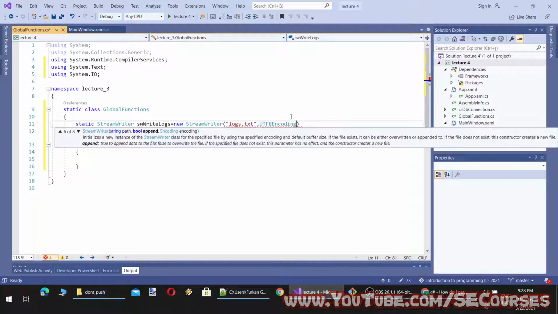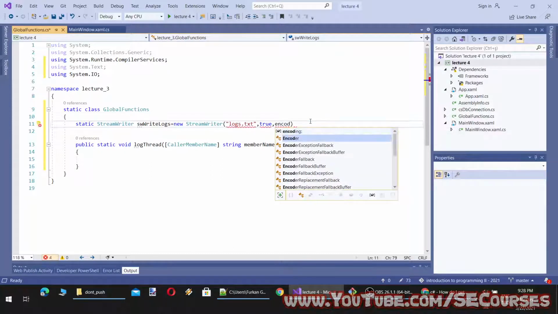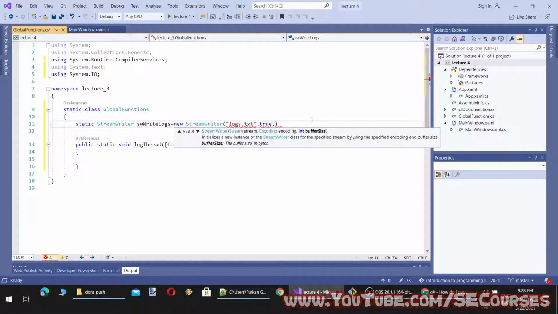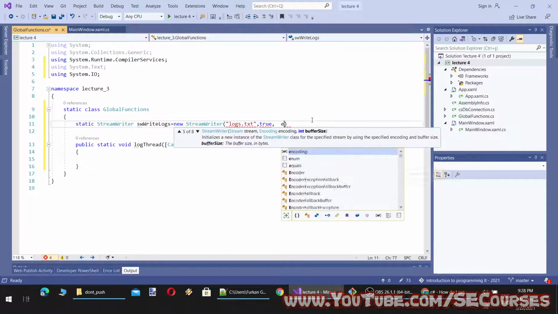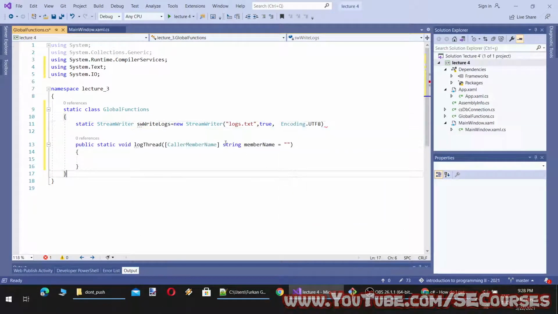There's a bool append, so it will be true. Encoding. Okay, here.